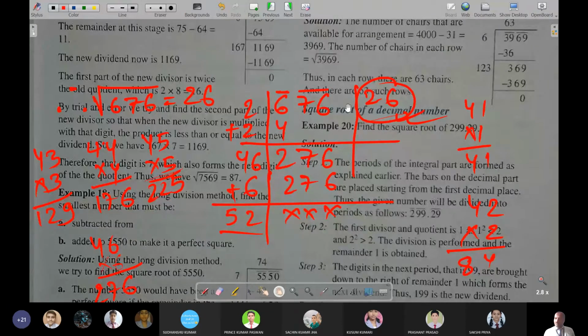If you keep 1, with 1 only you have to multiply, which is less. 2, then 2 2s are 4. 3, then 3 3s are 9. 9 becomes more, so with 2 only you will apply. Got it? Yes. After applying, after subtracting, the next pair will come down in the next step. That is 76 will come down.